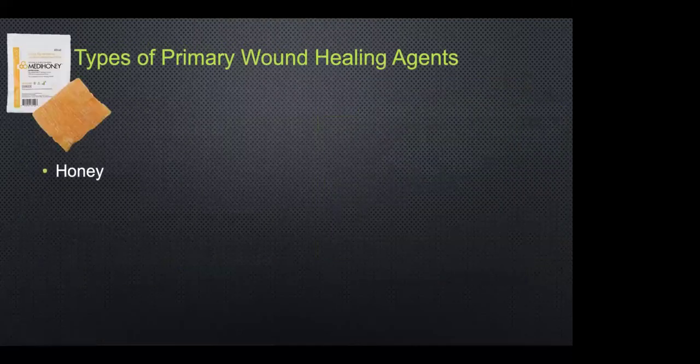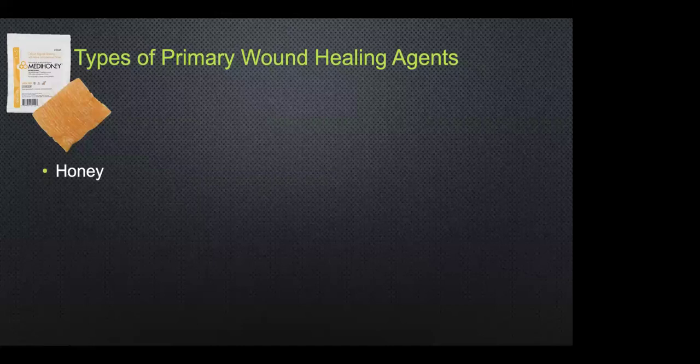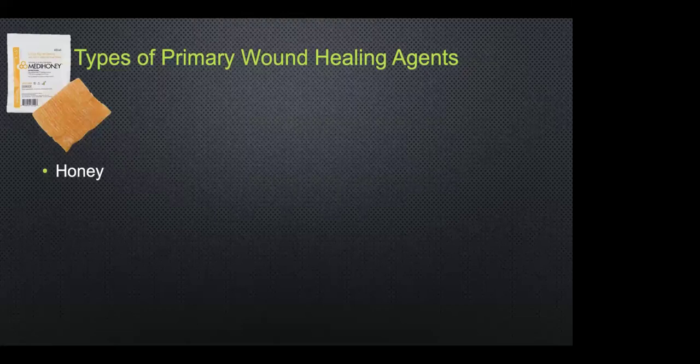Let's touch a little bit on primary wound healing agents. So we've got honey, medical honey. This is really nice for those initial, very exudative wounds, the dirty wounds that first come in. You do your first line of debridement and lavage, and then you can place some medical honey. It's nice because it has free radicals to kind of scavenge some of that dirty tissue. It also has